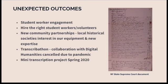For right now, all of those kinds of things are on hold. Another thing that was put on hold: we had a faculty member who planned a transcribe-a-thon with students in her class. However, that was canceled this spring. The upside of that is that instead we did a mini transcribing project that came about because the campus closed